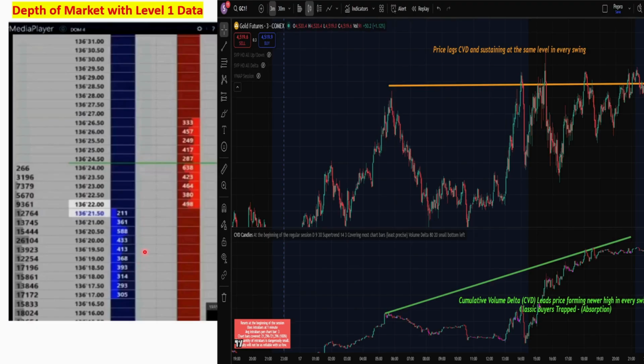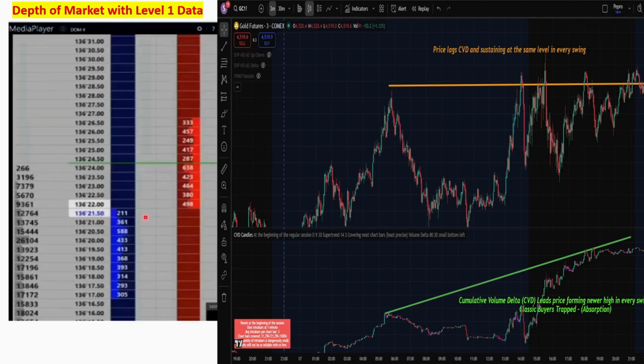If you look at this particular slide, I have attached a short 2-minute video of depth of market with level 1 data for the US Treasury 10-year yield. I chose this asset class because it's more stable and easier to explain compared to something like E-mini S&P, which can be very volatile. For instance, at the current price level of 136.22, there are about 498 passive sell orders in the limit order book, and